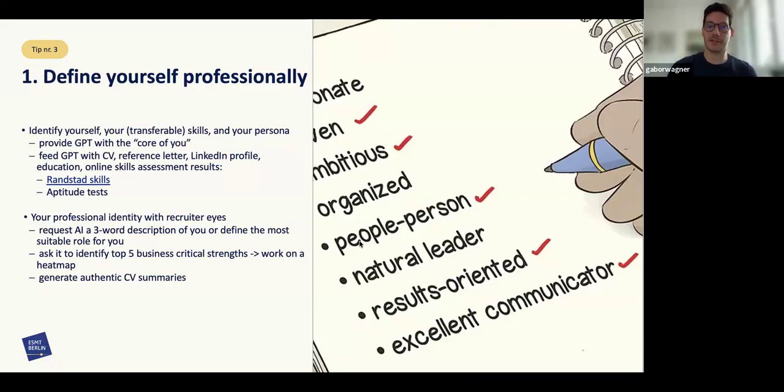Randstad has a very nice skills website where you can break down every profession by the skills needed, the top 5 skills, emerging skills, and probably the future-proof skills as well. So you can learn a lot about that, compare yourself against these skills, and of course upload the result to the AI model that you're using.